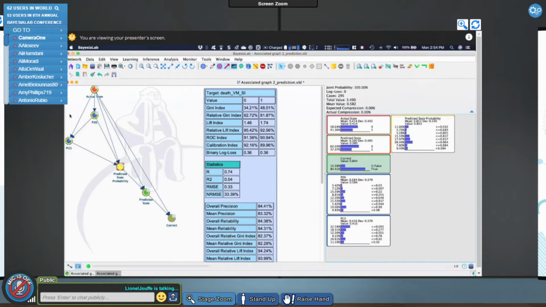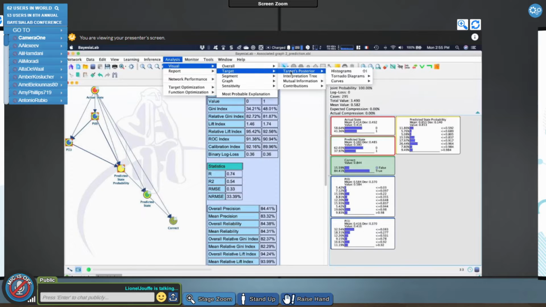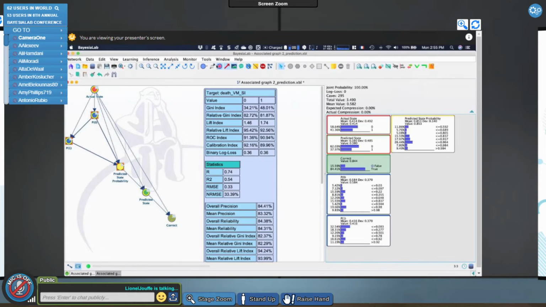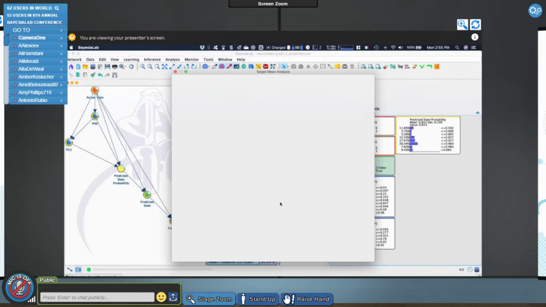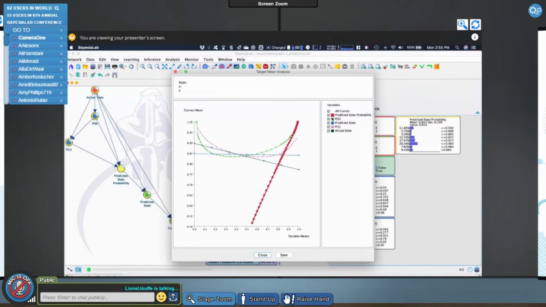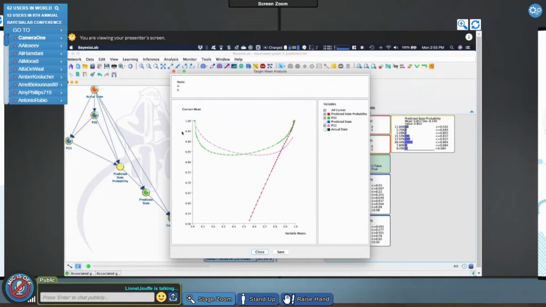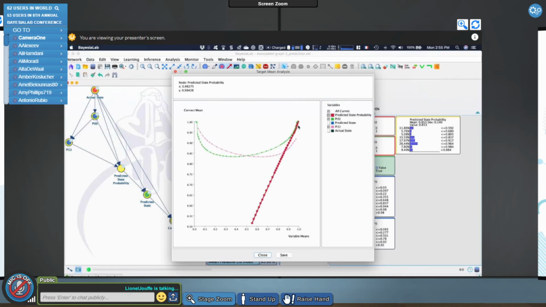And this way, we have a way to analyze: if I just do that, I'm going to select my 3 nodes here and do a target mean analysis. Let me use my shortcut, it's going to be easier. And here, this is not what I want here. So you see, this allows you to measure the reliability of your prediction given the probability that has been computed.